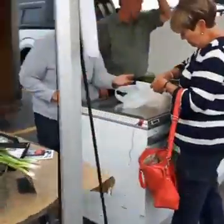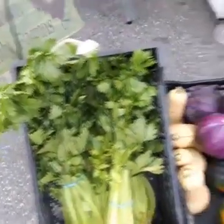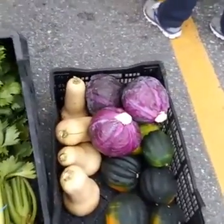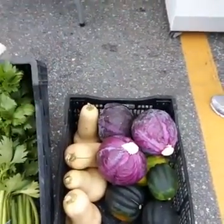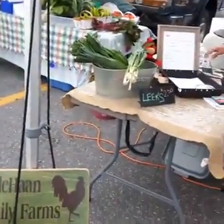And we've got the DeHaan family here. Let's have a look at what they got. They've got celery here today. We got some butternut squash, acorn squash. Look at those cabbages, kids. You can have a great feed of cabbage on that. We got some green onions, and of course,